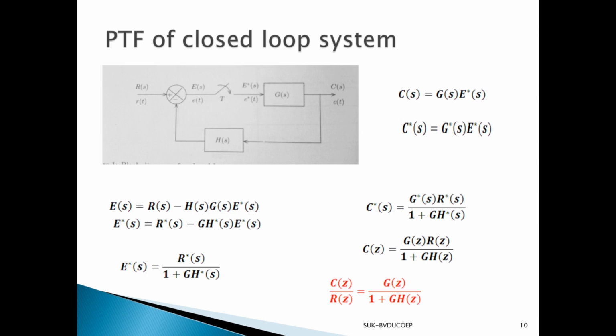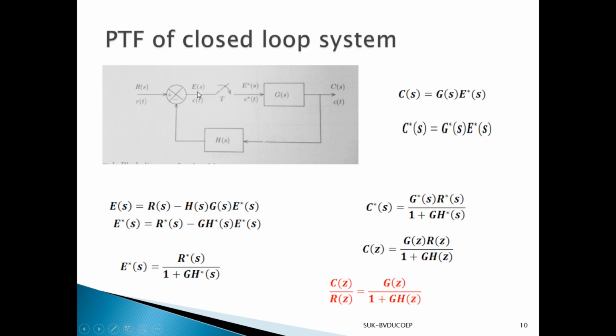So we try to find out the closed loop transfer function in the digital system. In the continuous time system also you have done, if you remember this type of diagram, there is no sampler. Then what do we write down? G(s) upon 1 plus G(s)H(s) is the closed loop transfer function. C(s) upon R(s) is equal to G(s) upon 1 plus G(s)H(s). Now what happened when I put the sampler here? We'll try to understand. So what is the C(s)? C(s) is equal to G(s) into E star(s). And if I take C star(s), it is G star(s) into E star(s).